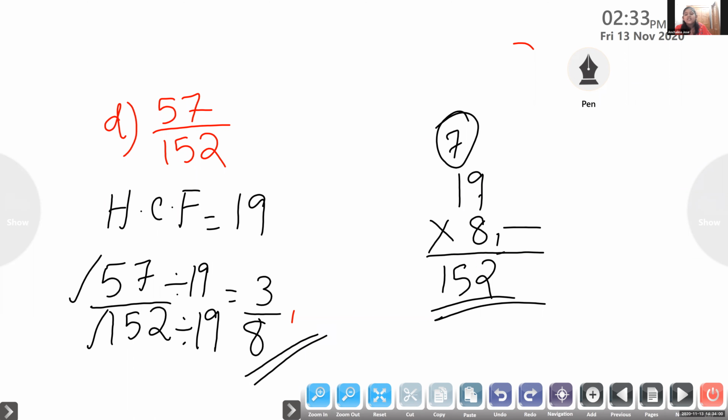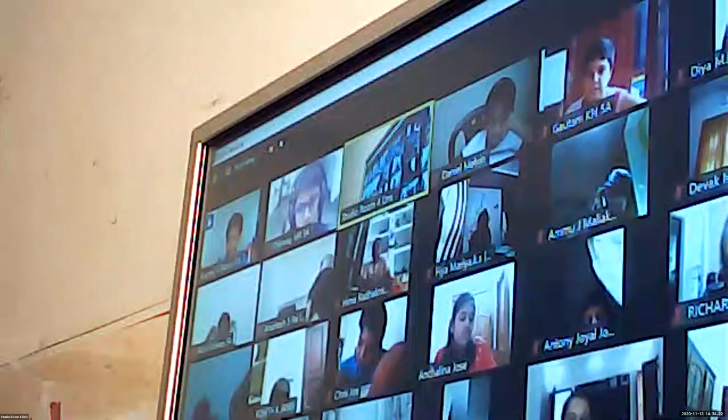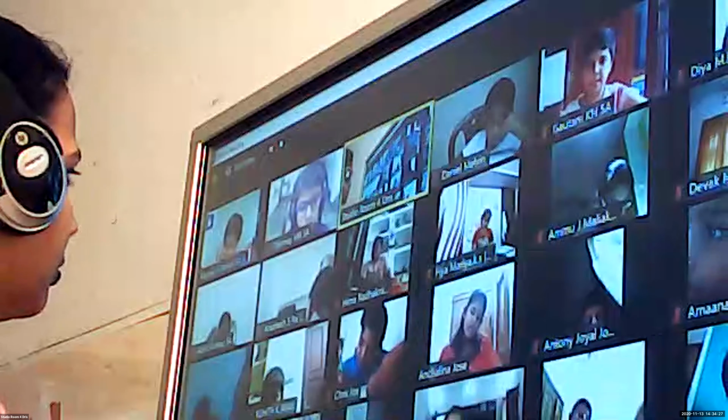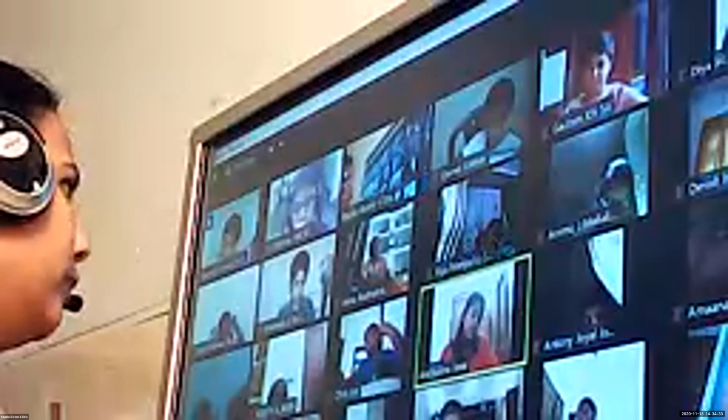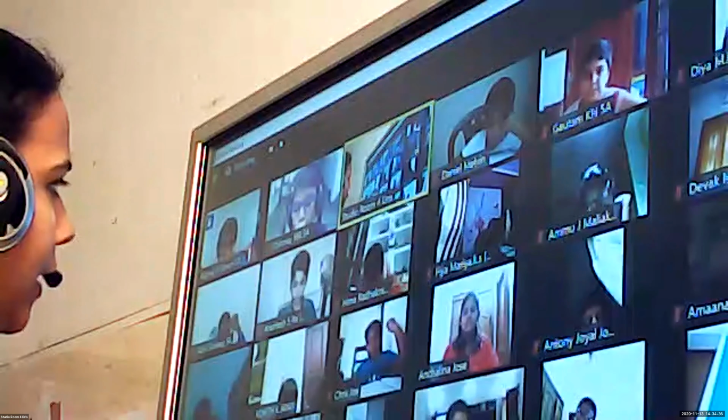So the common factor is 19 here. Ma'am, for big numbers, I have not written the together method, I have done the factor method. Yes, we are also doing this factor method here. For small numbers, I have written the together method. For big numbers, I did the calculations in the notebook. Okay, you can do it like that also, no problem. Anyway, did you get the highest common factor as 19? Yes, ma'am, I got 19. Okay.